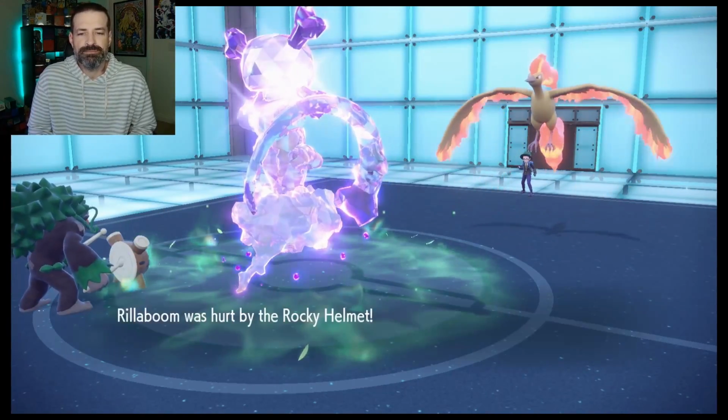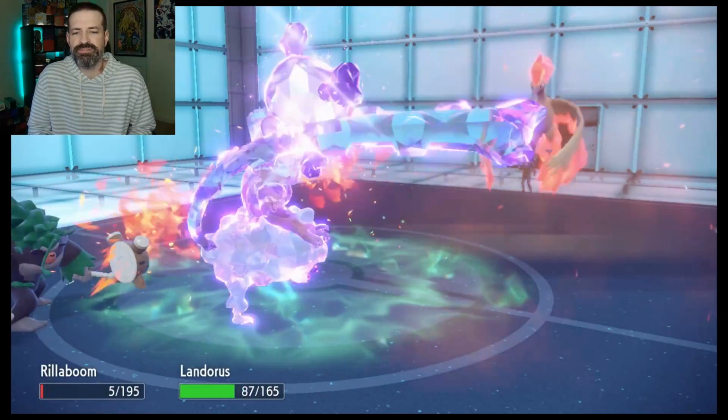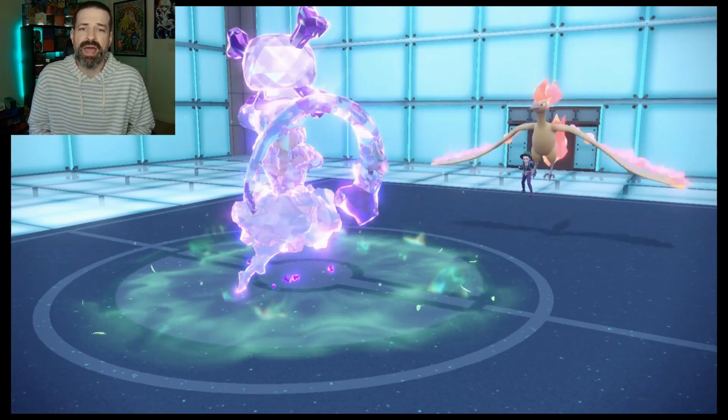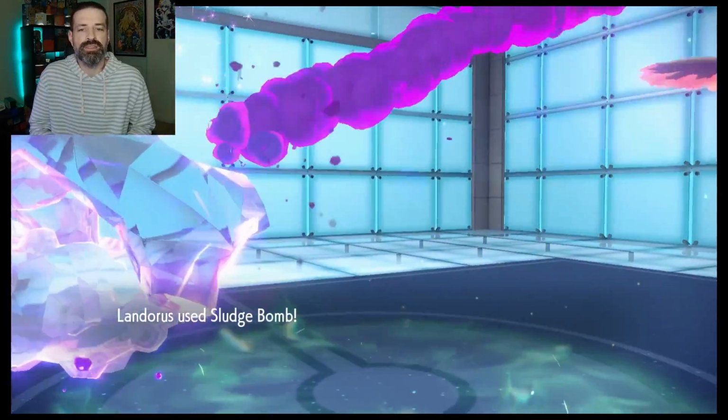Yikes. Ooh, Rocky Helmet. That's not good. Heat Wave. Lando stays in there, which is really good for us. And the good thing, too, is because we have Clefairy in the back, even though Clefairy is going to get knocked out to a Heat Wave as well, the...